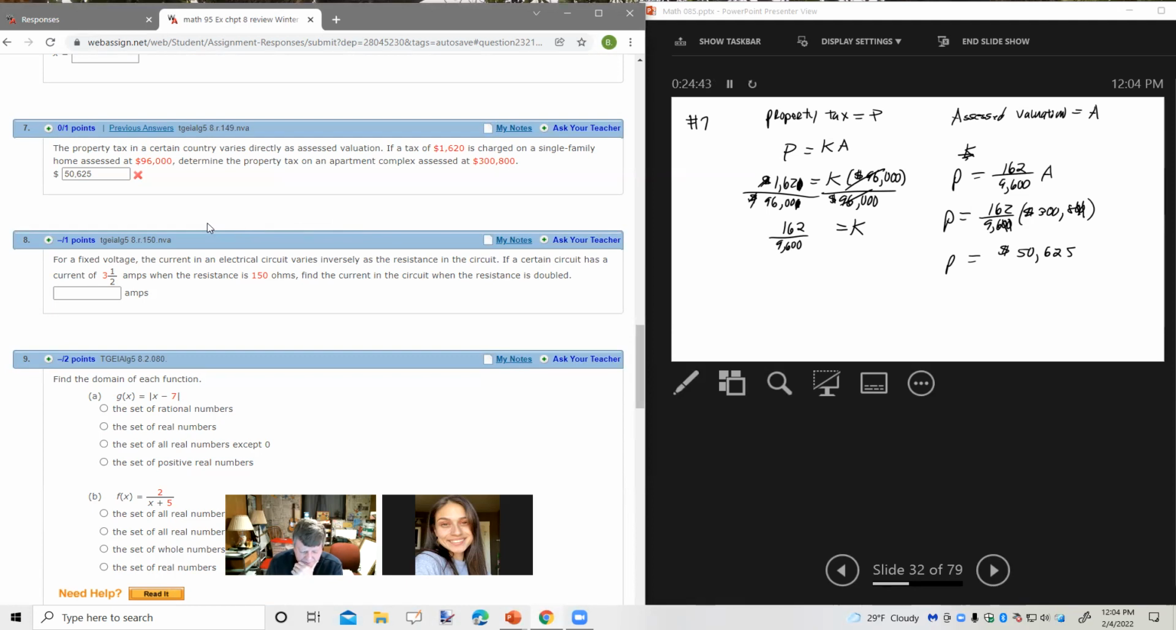Property tax is 1620 times, that's okay, assessed at 96,000. We divided both sides by 96,000. So then I got rid of one zero. 96,000, 308,000. Oh, you know what I did? I forgot this 8 right here. I didn't see it. 300,800. Yeah. Oh. 3,000. Okay, so